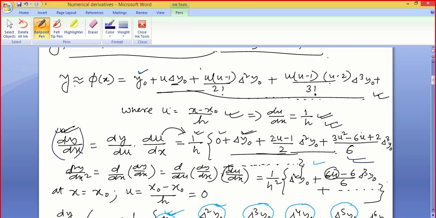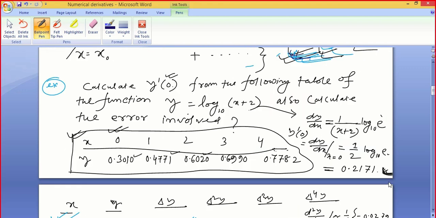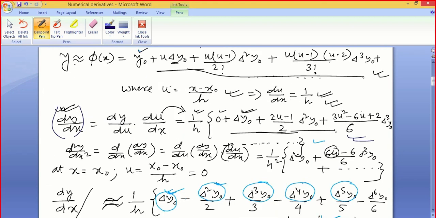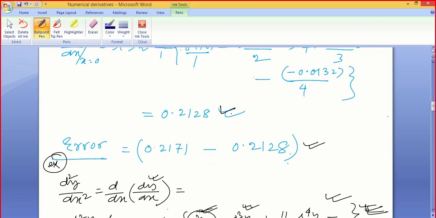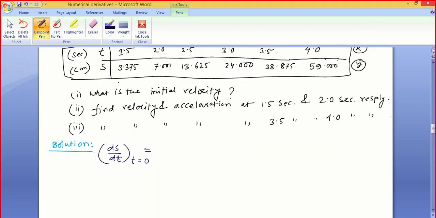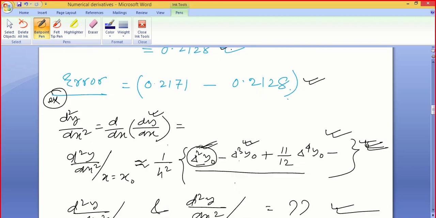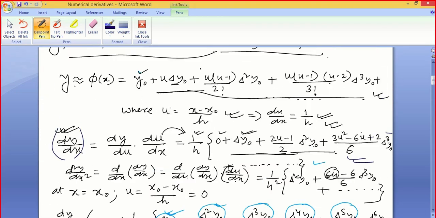Whatever the calculation, everywhere you need operator values: the forward difference value at the initial point, the forward second difference value, the forward third difference value. So for the given data set, you have to construct the difference table. First of all, your work is to construct the difference table, pick up the upper diagonal elements, and rearrange them in the starting formula. Can you do this?